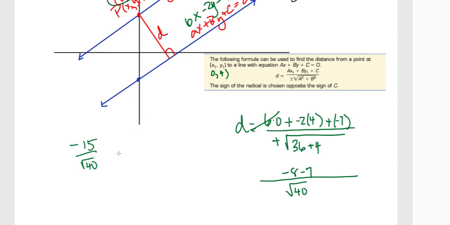Of course we could continue with this answer a little bit by simplifying, multiplying top and bottom by the square root of 40, and we get negative 15 square root 40 over 40. This can be reduced and simplified, and we eventually get about negative 2.37. And your question and my question would be, why is this negative? Well, what this negative does, and this relates to the next couple of examples,